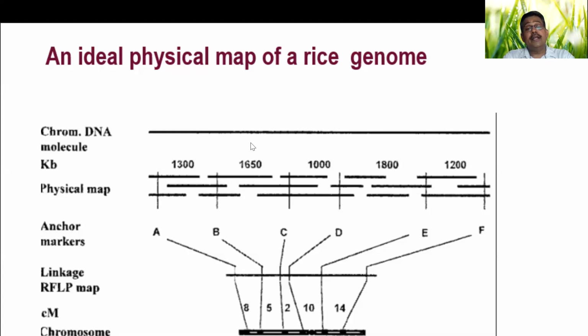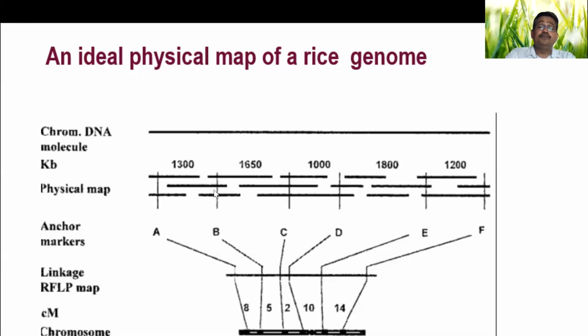Individual BAC clones are arranged with regard to the reconstituted pseudomolecule. So if you click here, you can get the individual BAC clone ID. Then for each BAC clone, if you go there, the entire sequence will be there. So these are all the overlapping regions. Based on that, they arranged all the BACs and reconstituted the whole chromosome.